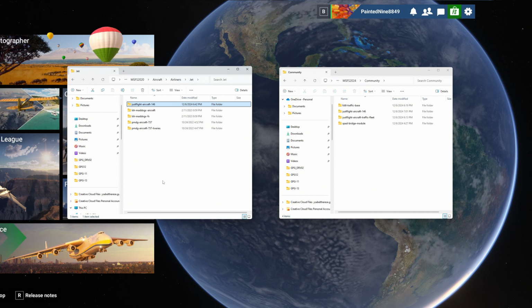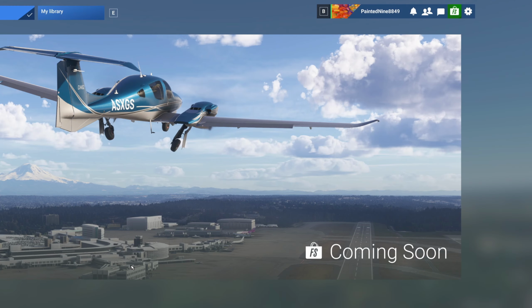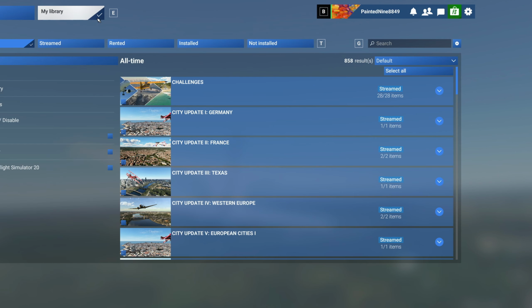So if you're not sure how to locate where your community folder is in Flight Simulator 2024, this is how we do that. If you're unsure of the location of your community folder within Microsoft Flight Simulator 2024, it can be located fairly easily from the main menu. We go to Marketplace, click on My Library, then select Community,